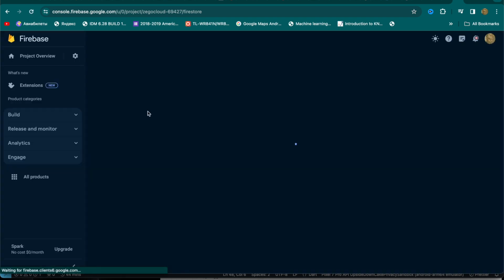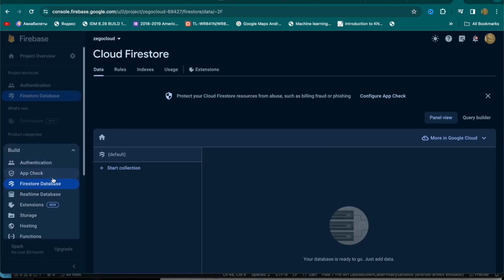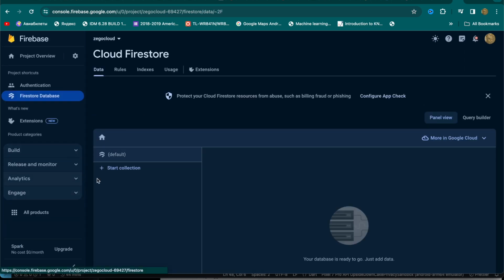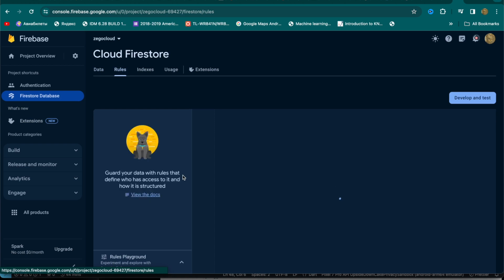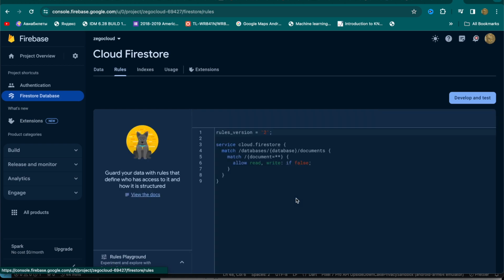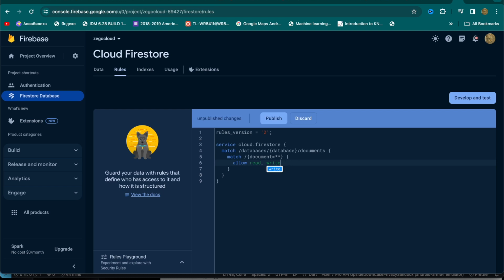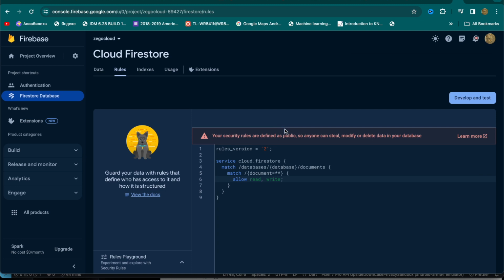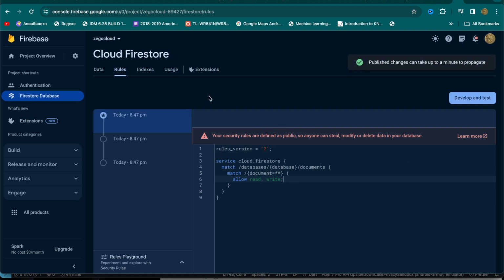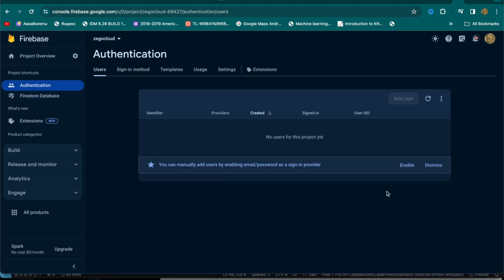Let's just restart the application. Okay, Cloud Firestore is working. I think there was an error or something. So let's just allow read and write. Okay, like this. Then let's publish the rules. Okay, now that we are done with this,